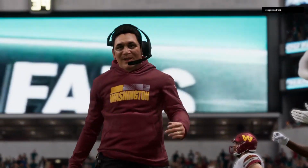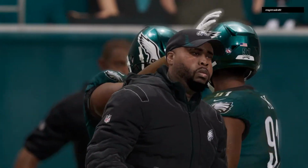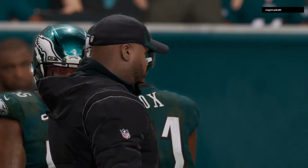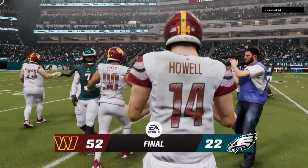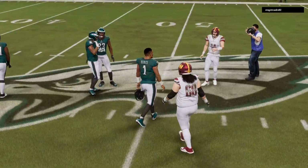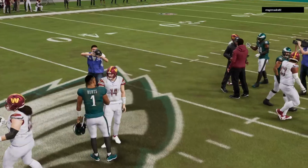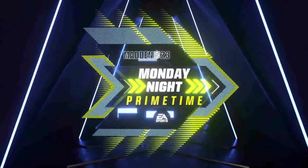In prime time, this offense, they gave the nation quite a show, putting up that many points to come away with what will certainly be a memorable win for them. And Brandon, I think it's as simple as this. Some players, some teams, they're just meant for the big stage. And when they get a chance to play in this type of atmosphere, where all eyes are on them and all the lights are shining brightly,